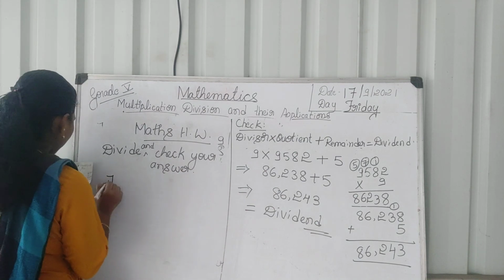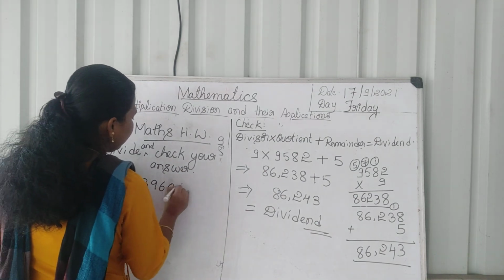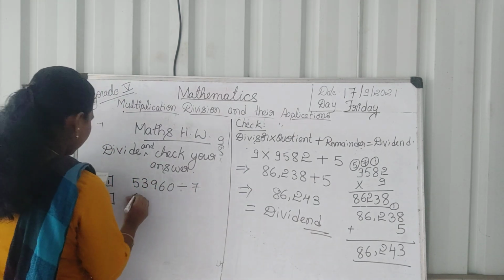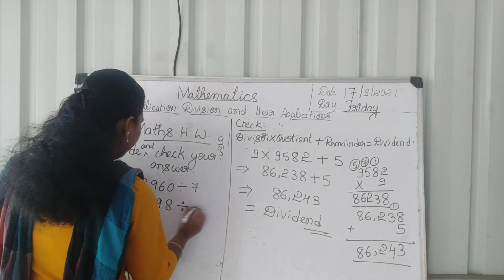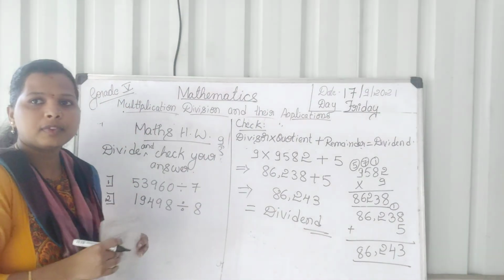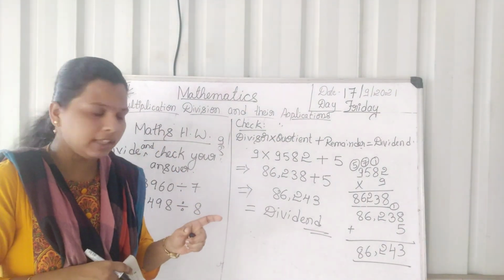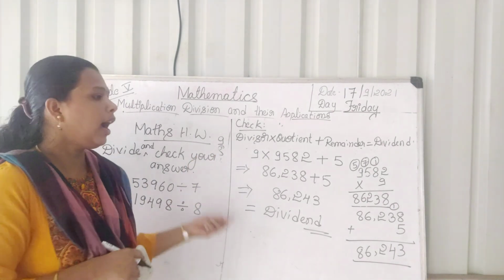In that, the first problem is 53,960 divided by 7, and the second one is 19,498 divided by 8. See, if you learn the tables perfectly, then you can easily learn the multiplication and easily